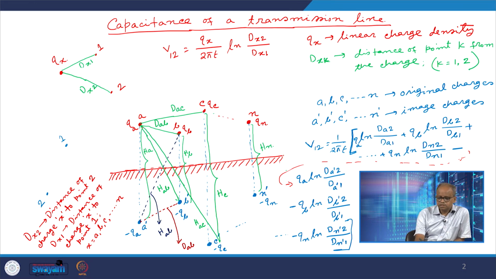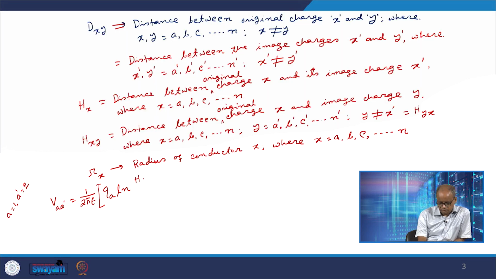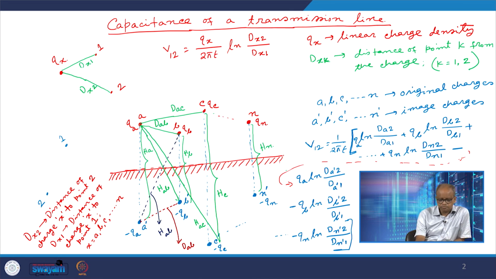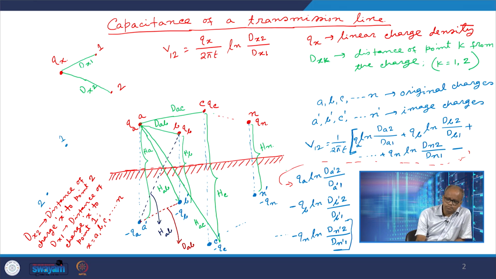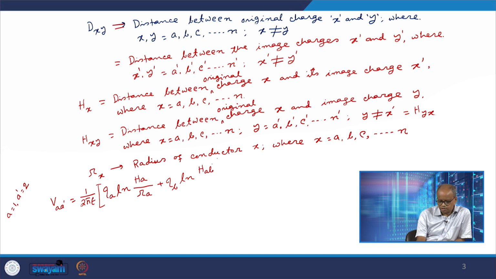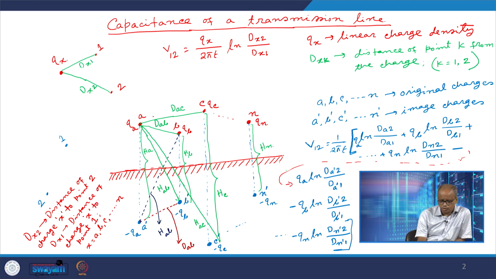Now here the distance of charge A to point 2, that is point A dash, is given by HA, and then the distance of charge A to itself. Here we know that all the charge is always residing on the surface, so this particular self distance would be equal to its own radius. So it would be log HA by RA. For QB, log, it is from charge B to the charge A dash, and of course that would be HAB, as we have already said, divided by point B to point A, that is given by DAB,